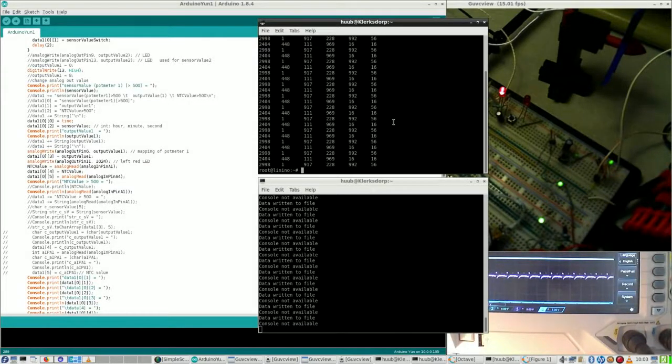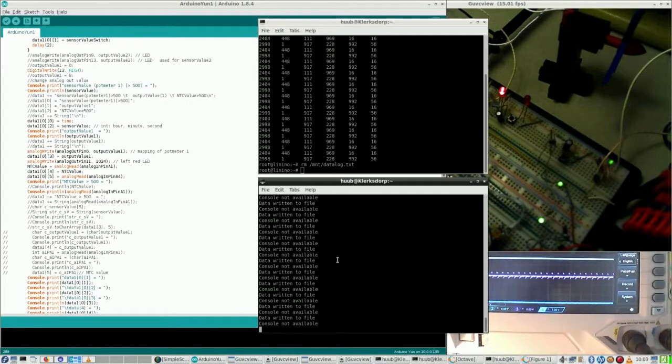So I need to remove this file once again and start new. And then press a button or 2. So yeah,